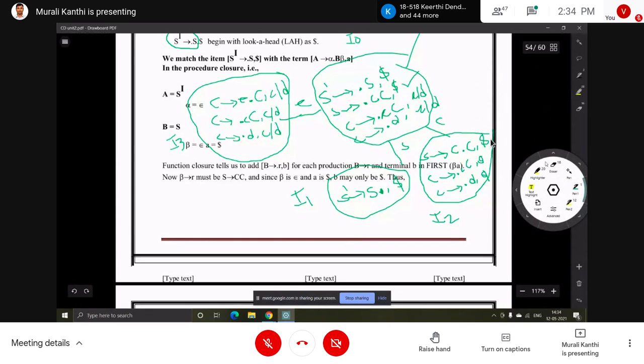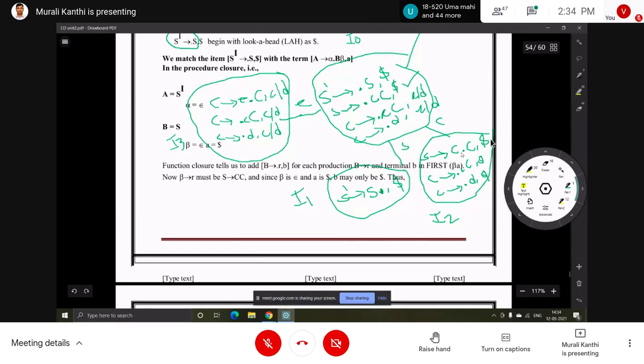Is it possible on I2? Yes, it is possible. With how many symbols? After the dot, capital C is there, small c is there, small d is there. Okay, three goto functions: one with capital C, one with small c, and one with small d. With capital C first we will see.